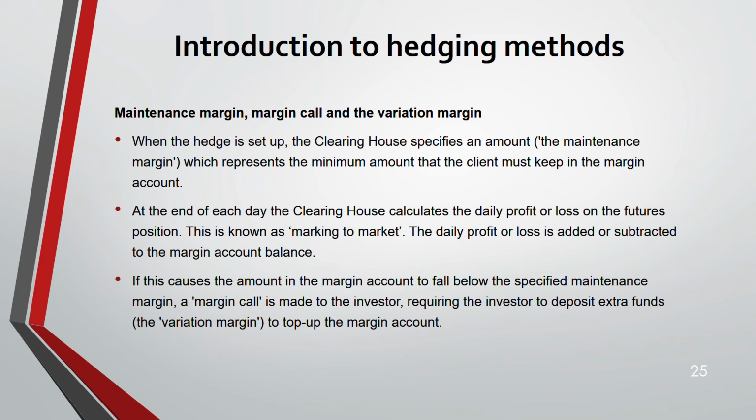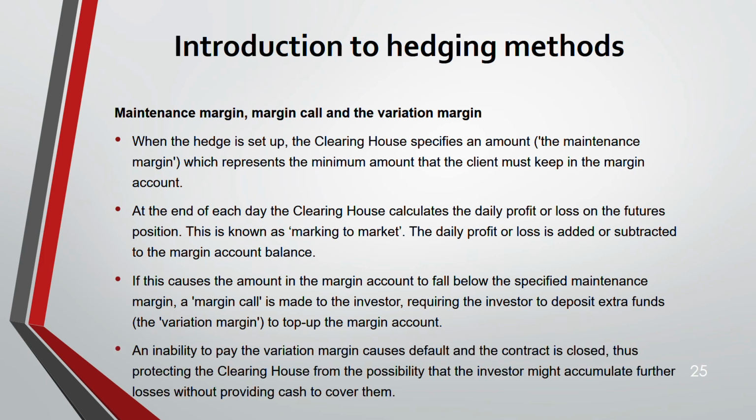So that it comes up again to that amount. You make a margin call to the investor. That means you're telling the investor to deposit extra funds, and the extra fund is known as variation margin. And what if you are unable to do that? If you are unable to pay that variation margin, you are going to default, and then